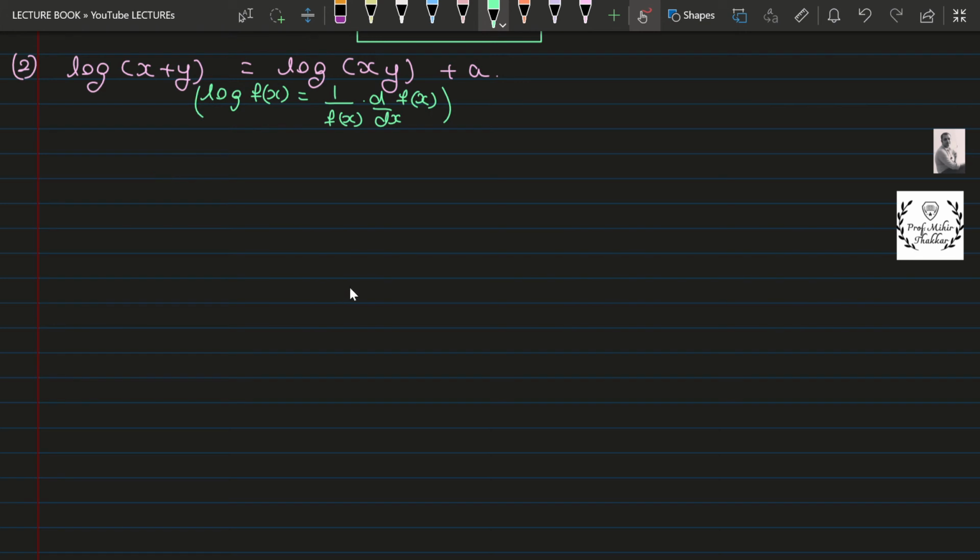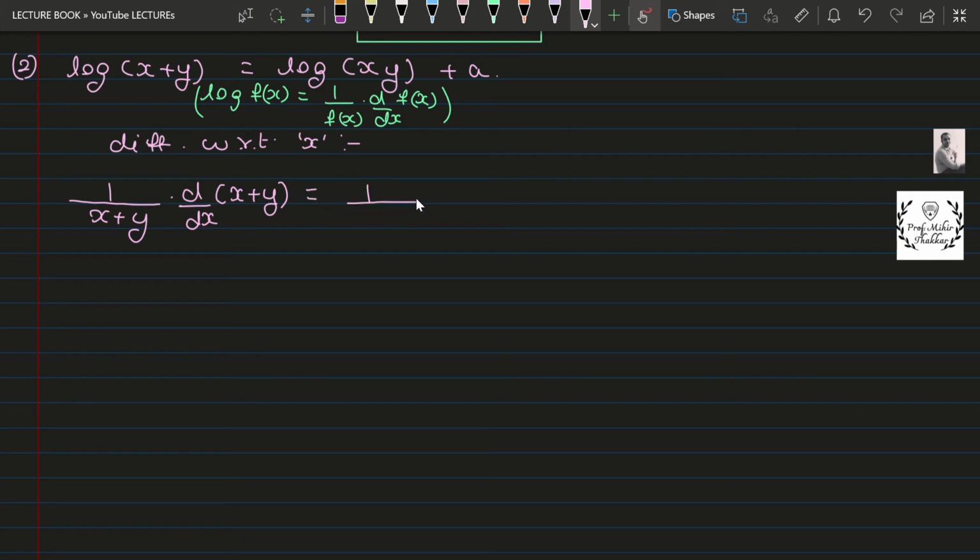So in order to find the derivative, we have to write, as you all know, differentiate with respect to x. So it is 1 upon x plus y into derivative of x plus y, and on the right side it is 1 upon xy into derivative of